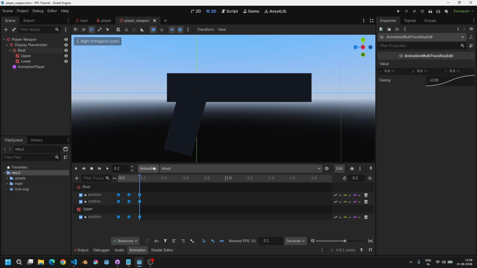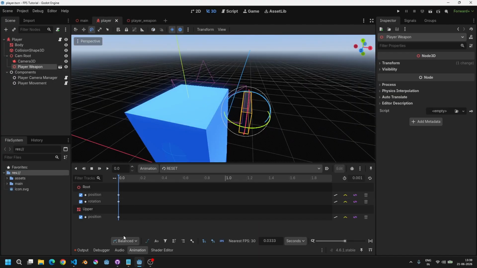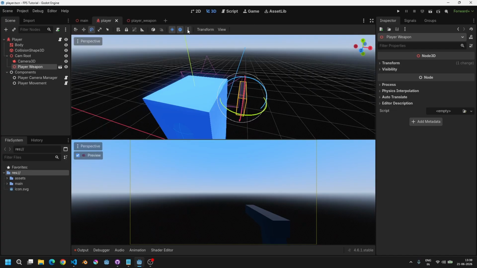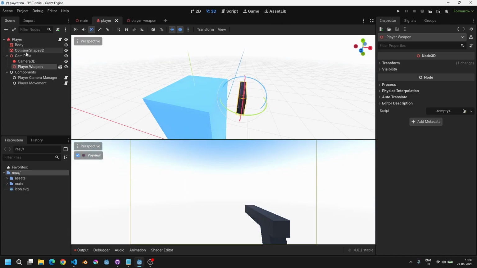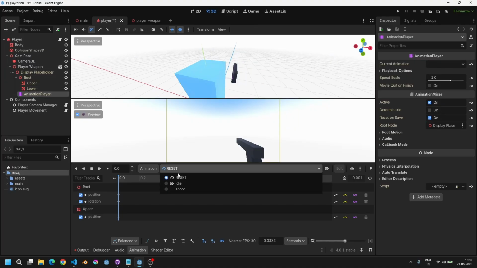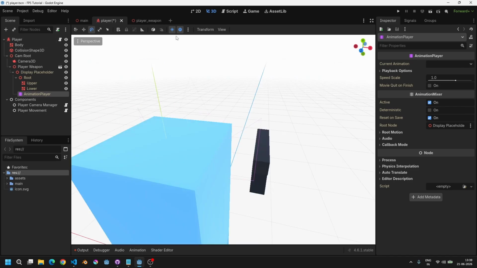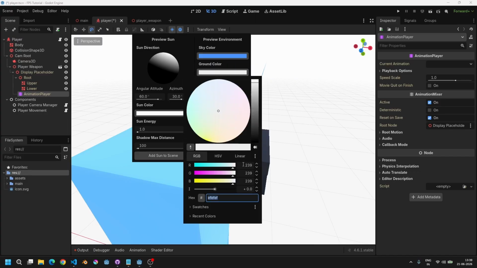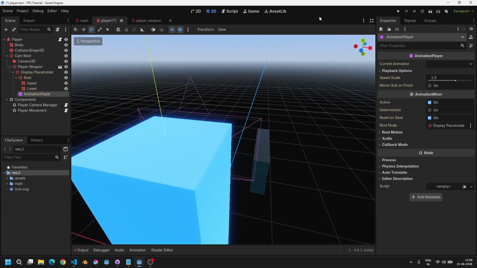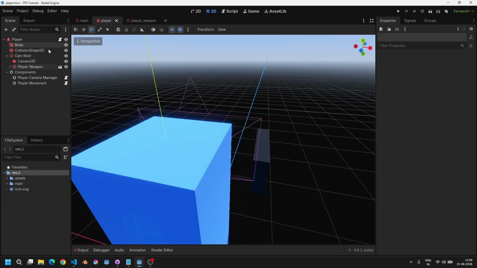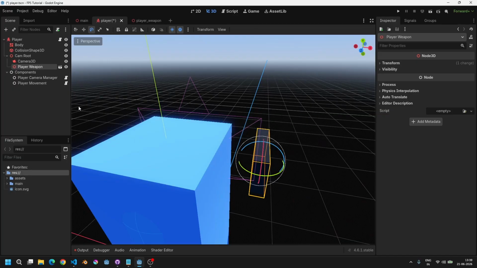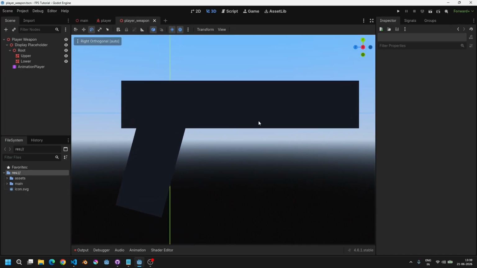Okay, this looks good to me, and let's have a look at how it would look over here. So again, let's make it editable, and let's see how the shoot animation looks. I think it's fine for now. So yeah, I will make it uneditable again. Now let's go back to weapon, and